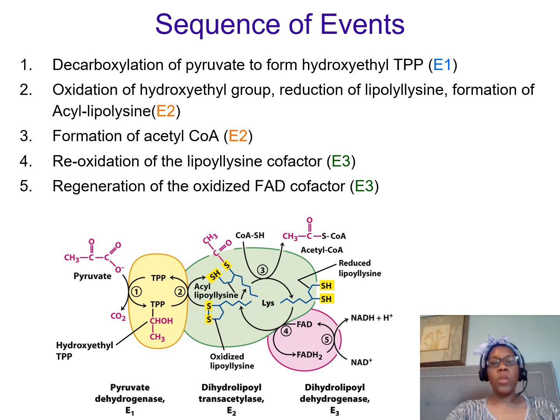So we know that we have to regenerate our lipoyllysine, but now we have to regenerate our FAD. And we do that in step 5, right? Regeneration of the oxidized FAD cofactor. We created FADH2. We need to regenerate FAD, and we're going to utilize an NAD+. So the same kind of reactions apply. I won't go through any of that, but just to say we regenerated our FAD by taking an NAD+